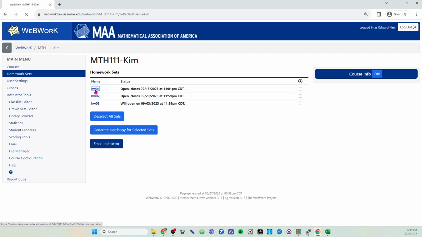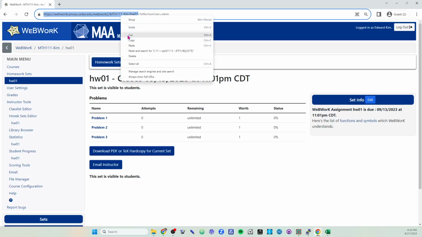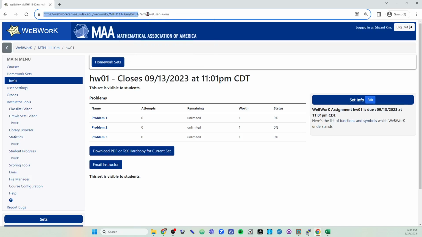So what you'll do is, for this homework number one, again, let's remember the due date is the 13th. There are 3 problems. We take this much of it, right? So this, up to here, is the course, just to reach the login page the normal way. Now students will never need to log in this normal way like an instructor would. And all the way up to there is the homework set name. So we'll just copy this, right? And then in Canvas,